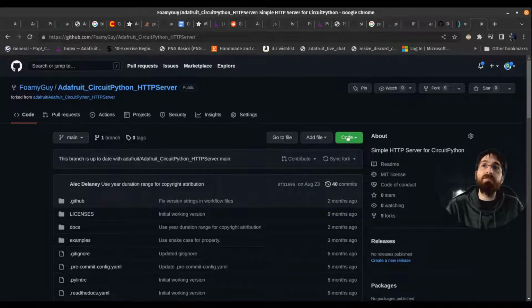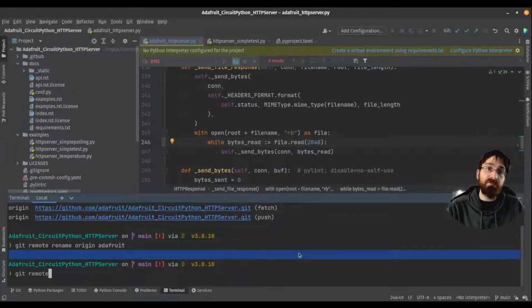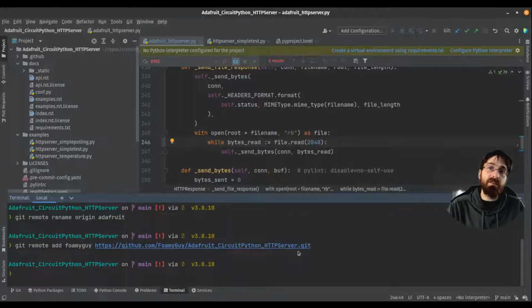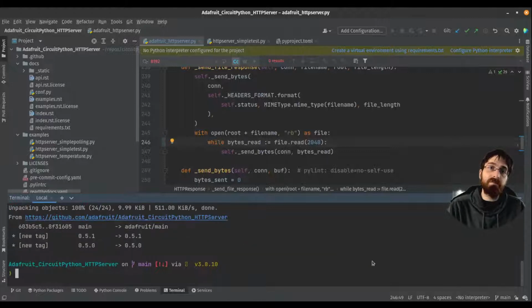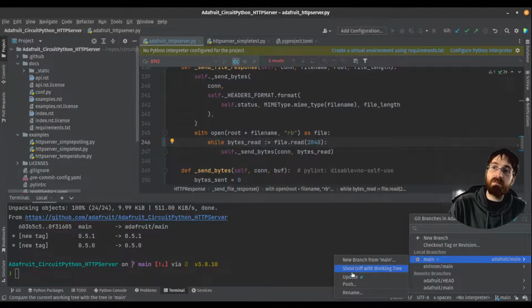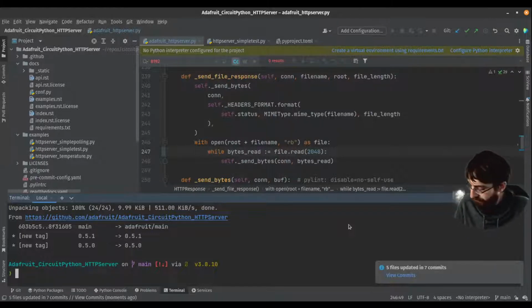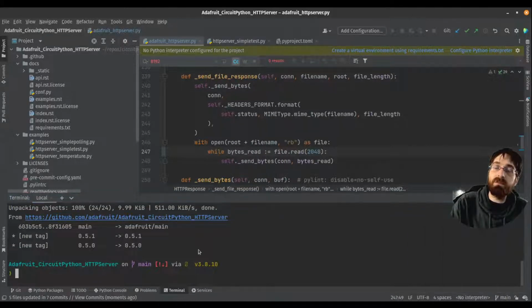Okay, now I have my fork, so we can add it as a remote. Git remote add foamyguy. Paste that. Git fetch adafruit. Let's update main. Five updates, okay. Let's make a new branch, git checkout -b